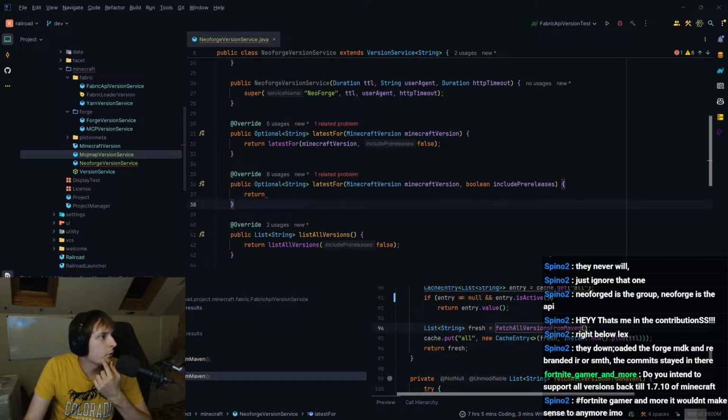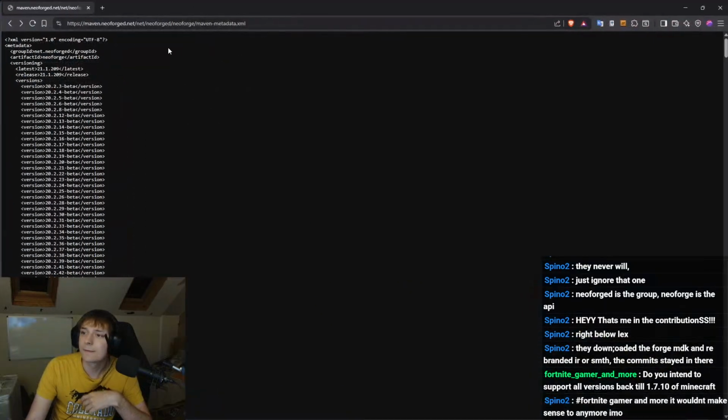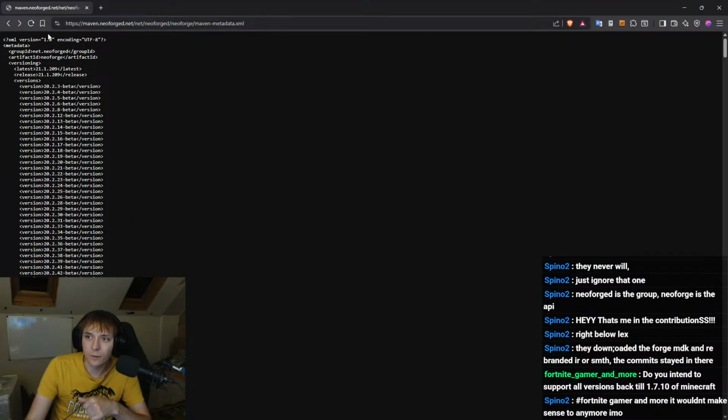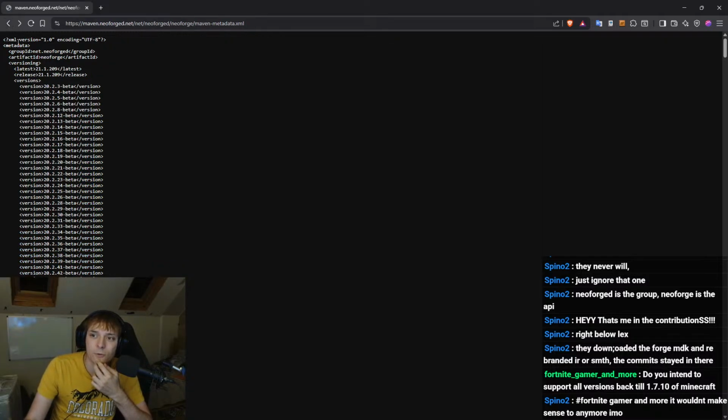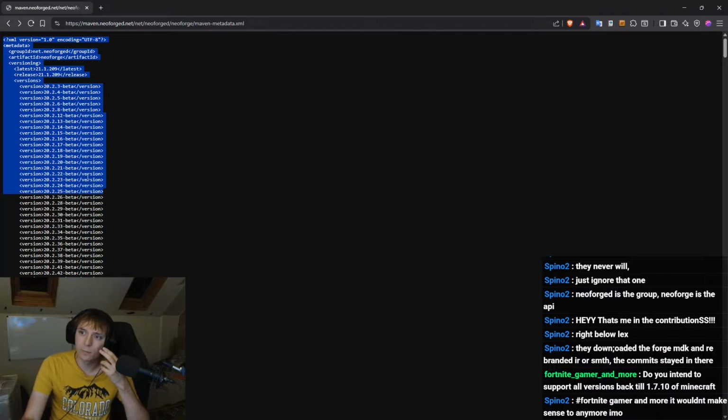Also, I think they forgot to do, look at this. Right, so this is the NeoForge one. This is the Forge one. I think NeoForge forgot to do, I don't know exactly how you do it, you have to say it's an XML content type.